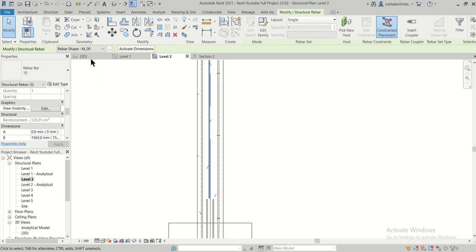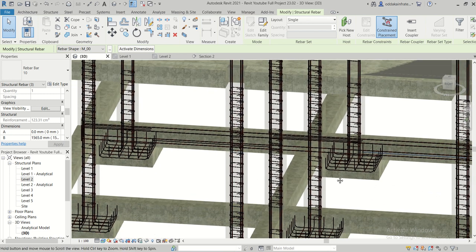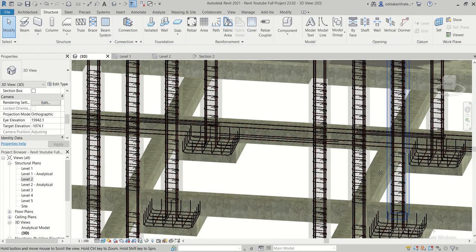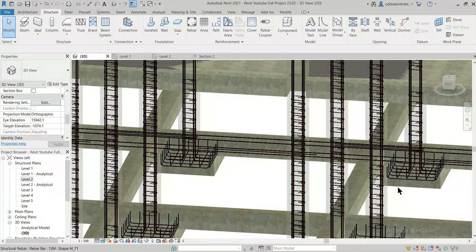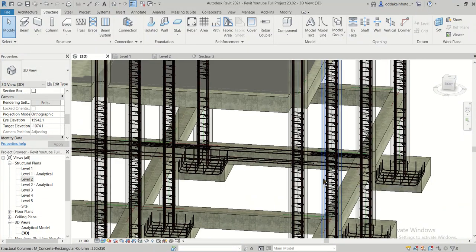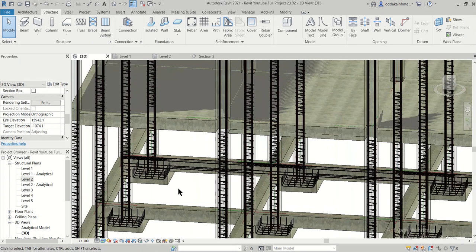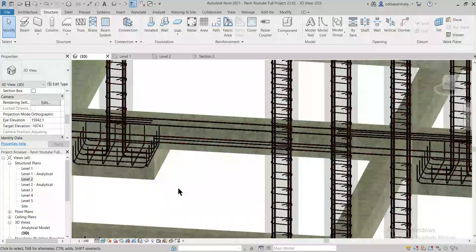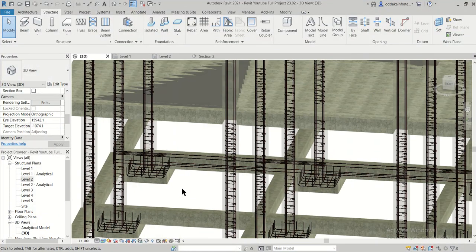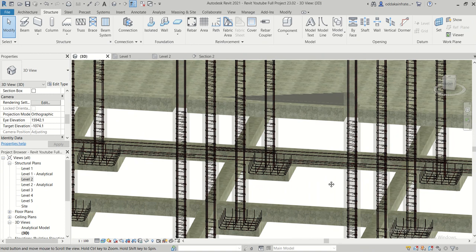Now we can check in the 3D model. As you can see, the bottom rebars are also in the proper shape. So bottom rebars have been inserted. So now we can copy this reinforcement from one beam to another, but we have completed the reinforcing part of one complete beam as per our structural drawing. So this is the way in which we insert reinforcements in a beam.